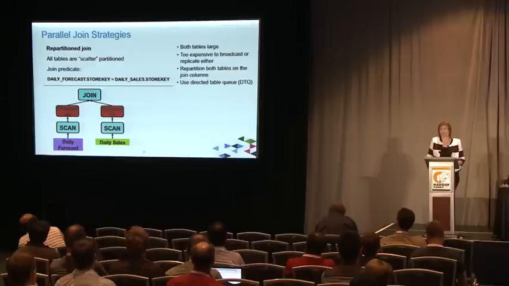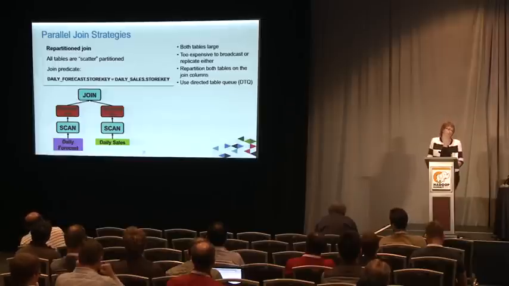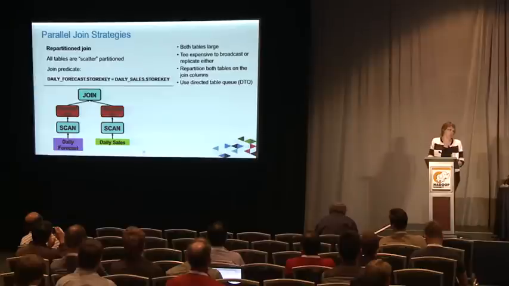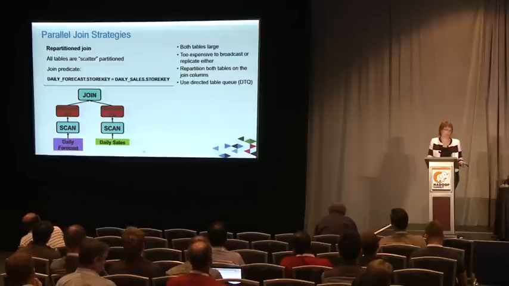Of course, there are cases where we're not that fortunate as to have one of the tables being small, and both tables are huge. In that case, you have to use a more traditional approach of hashing both tables on the join key and sending them to different nodes to actually process. So this one is still a standard join strategy we continue to use.